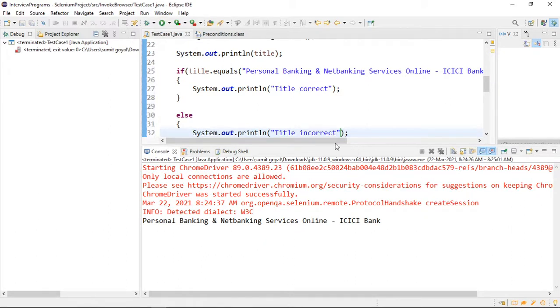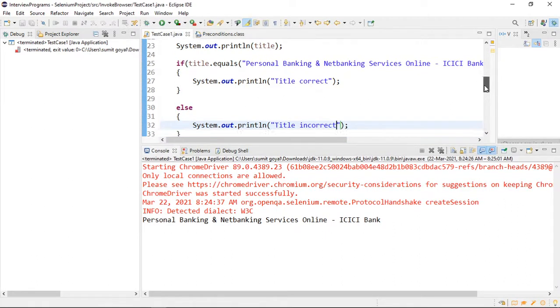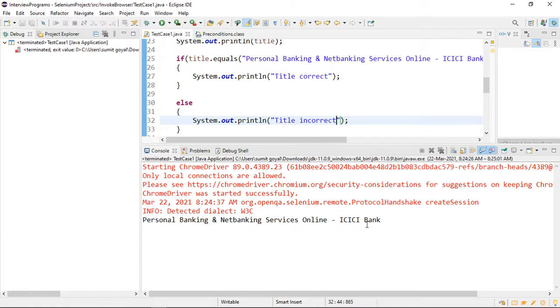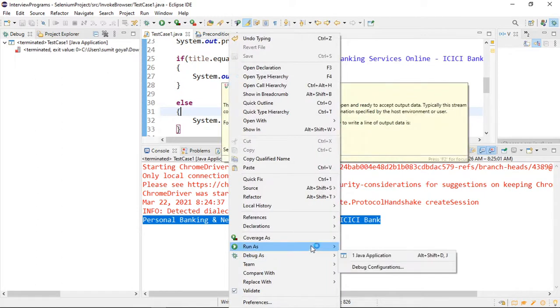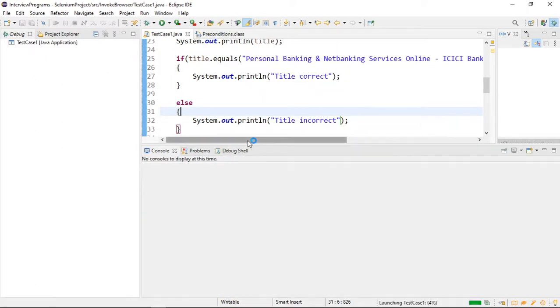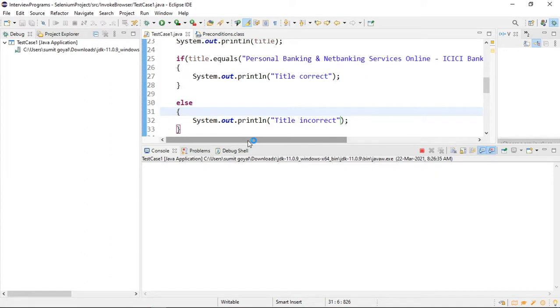This means I do not have to check the output manually every time. Suppose I run this test case daily; I do not have to do anything manually. I will simply run this program, and if anything changes in this string, it will automatically come to the else block. So let us see what output we will get. Can anyone tell me what output we are going to get? Title correct.